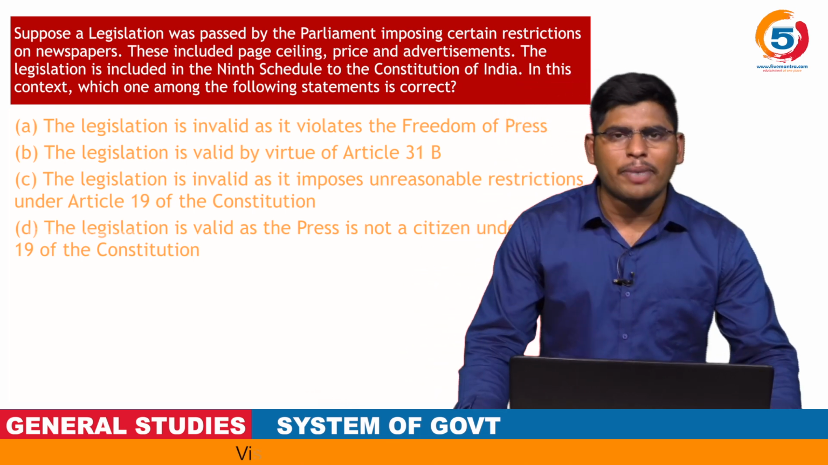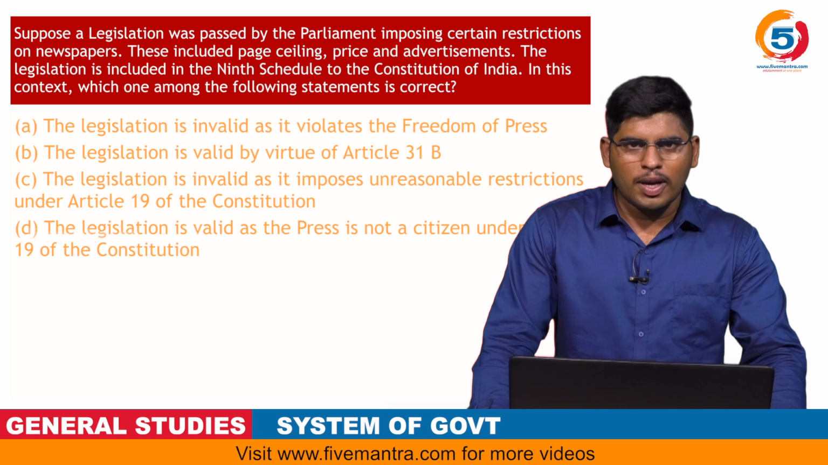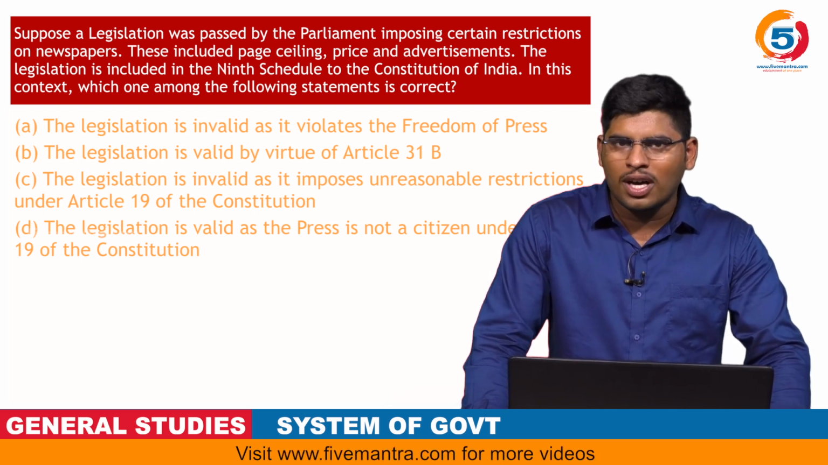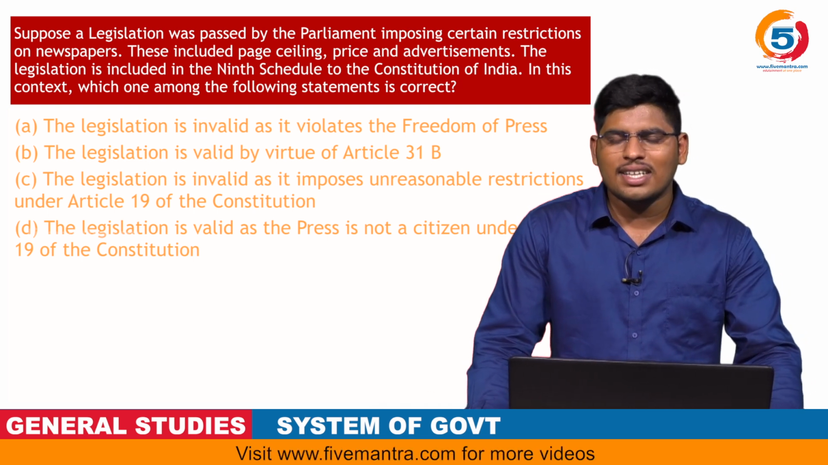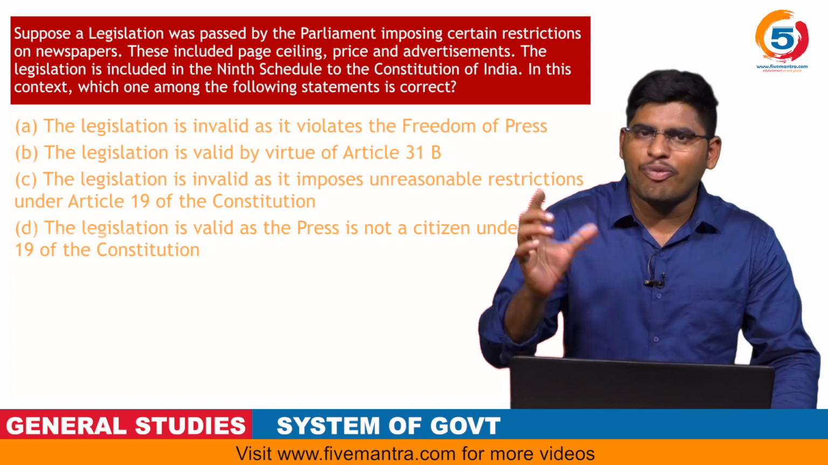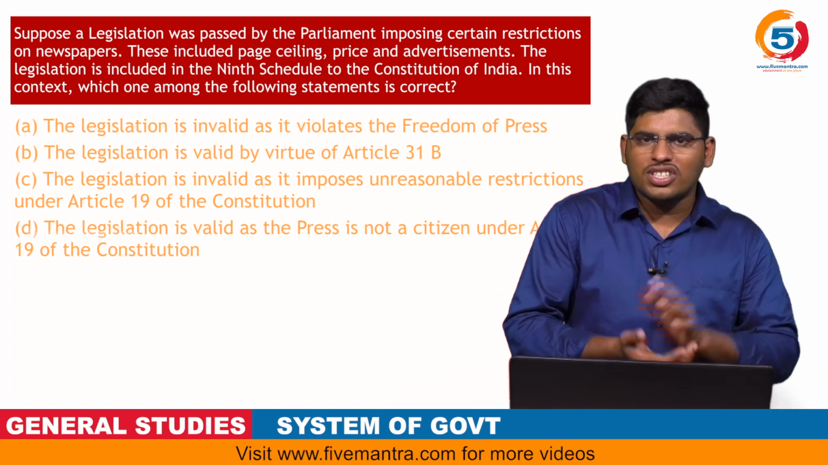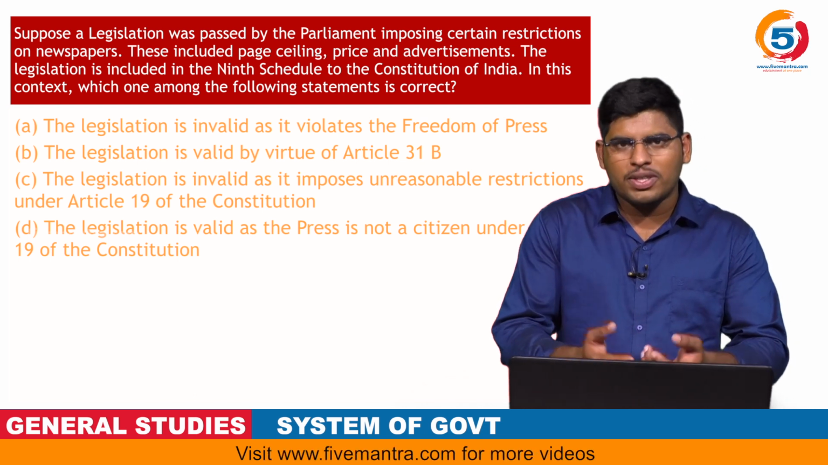First is the legislation passed by the Parliament imposing certain restrictions on the newspaper. The newspaper, which is a part of the press, the fourth estate of our polity, is a part of freedom rights, that is Article 19. So we have the freedom of press under Article 19. If the Parliament imposes restrictions on the newspaper, that is on the freedom of press,